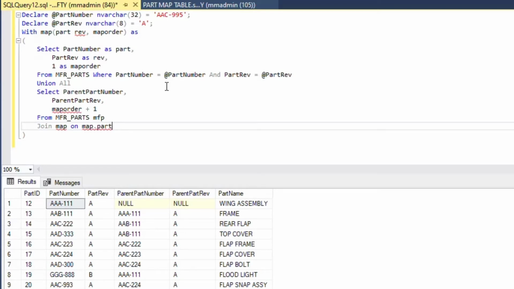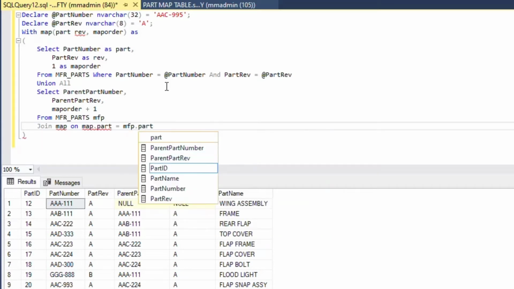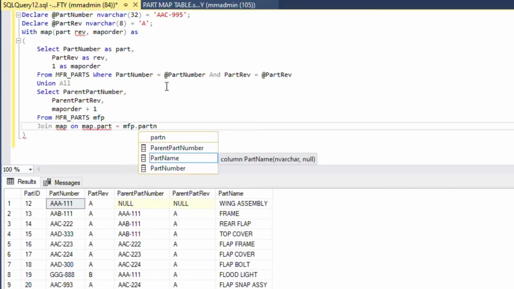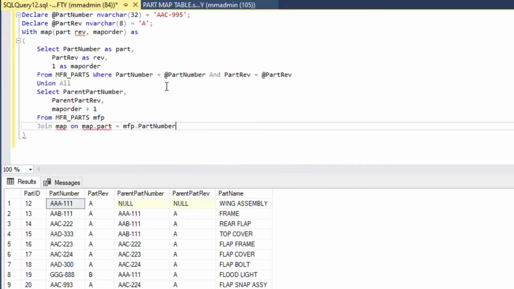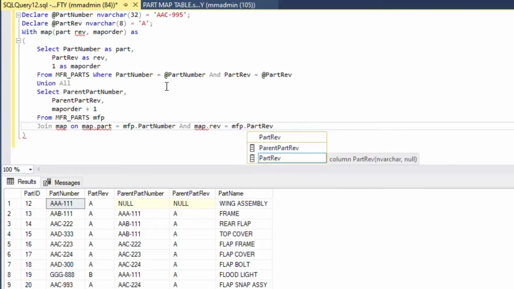So the values of the previous one are going to be put in here, and then we're going to select the parents, which will become the current ones, which will look for the parents, which will become the current ones until the recursion is done, and it doesn't have any more levels that it can go to. And so we're going to join that on the part number and the rev,